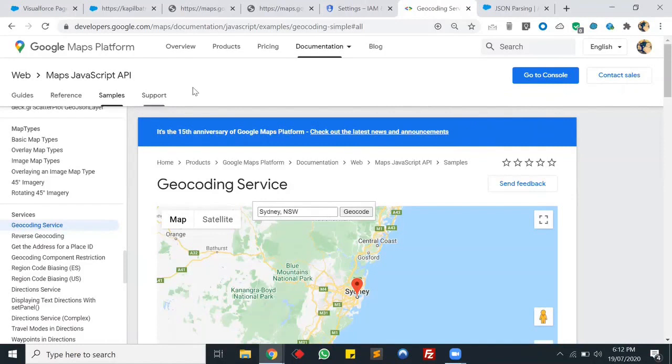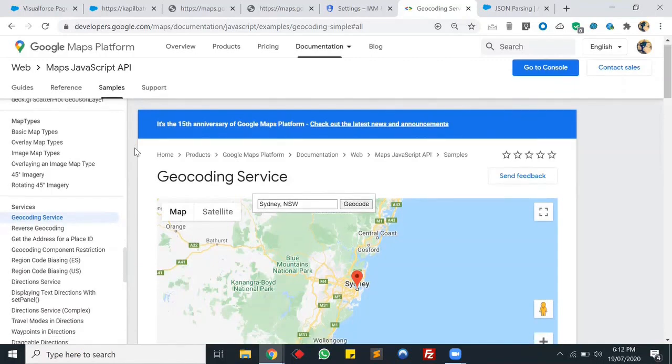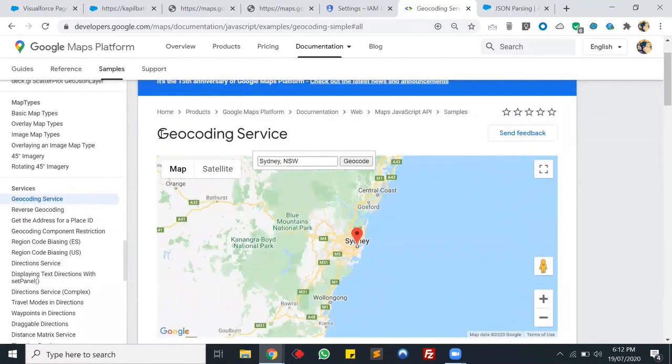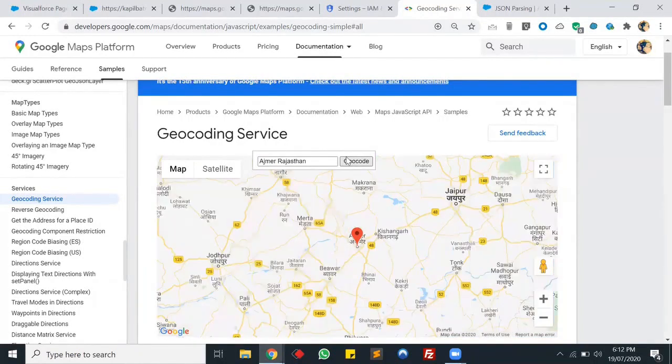After that guys, on the service page there is some documentation available for the geocoding and reverse geocoding service. Let me show you an example. Let me show you the geocoding service first. Suppose in the geocoding service I am searching my city right now. On get geocode it will redirect me to my city on their map. So using the geocoding service, basically they are getting the latitude and longitude of the current address, and using that latitude and longitude, it is displaying the map here.